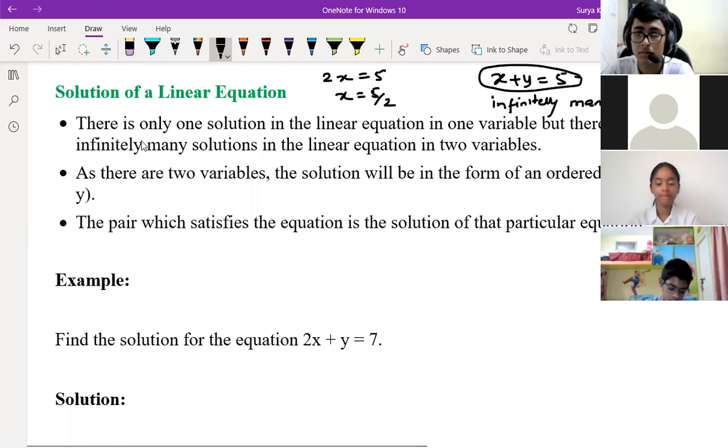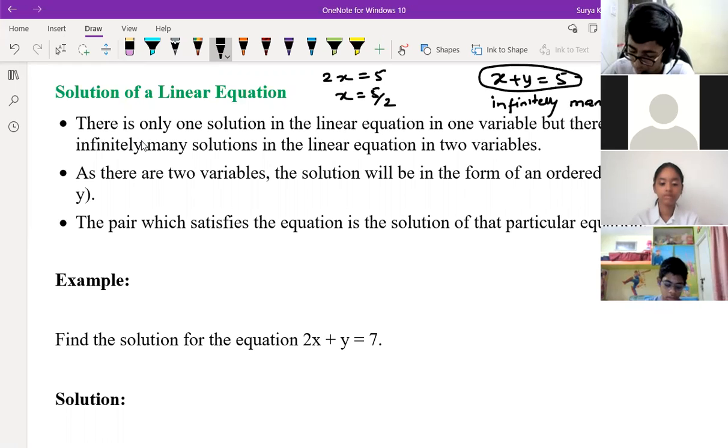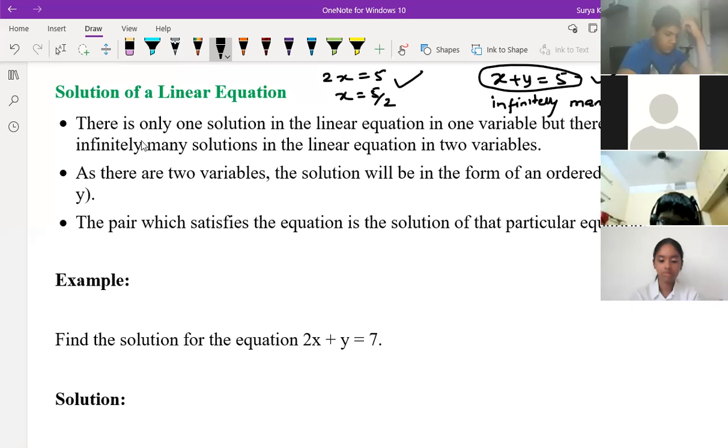Sir, the solution and methods are different, sir. Our solution method is also one and infinite. Which one? Are you talking about the first part or the second part? No, sir. My doubt was, you're saying that there's only one solution for the one variable linear equation and infinite for two variables, right? Yeah, exactly. That's for the solution, but will the method be different or same? I mean, the number of methods, will it be different or same? See, the method will be what you know.